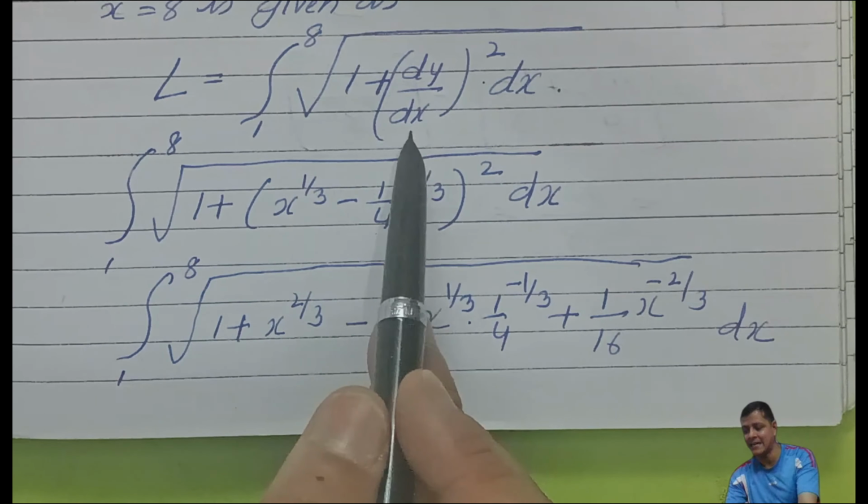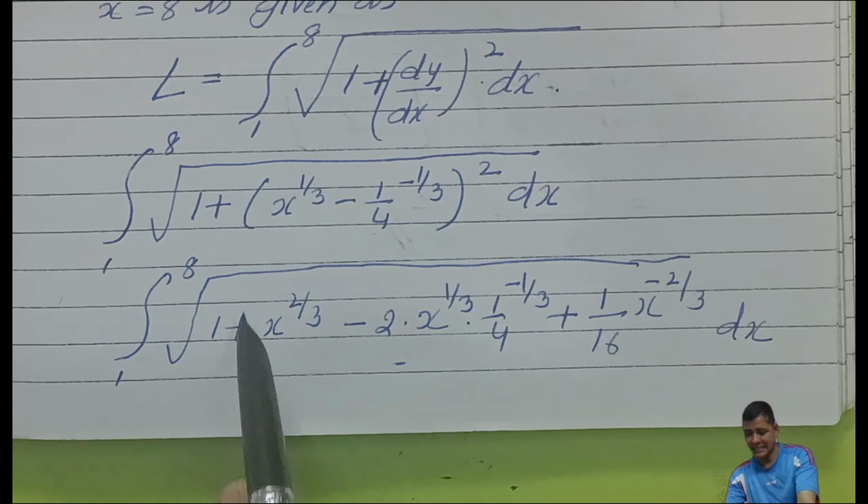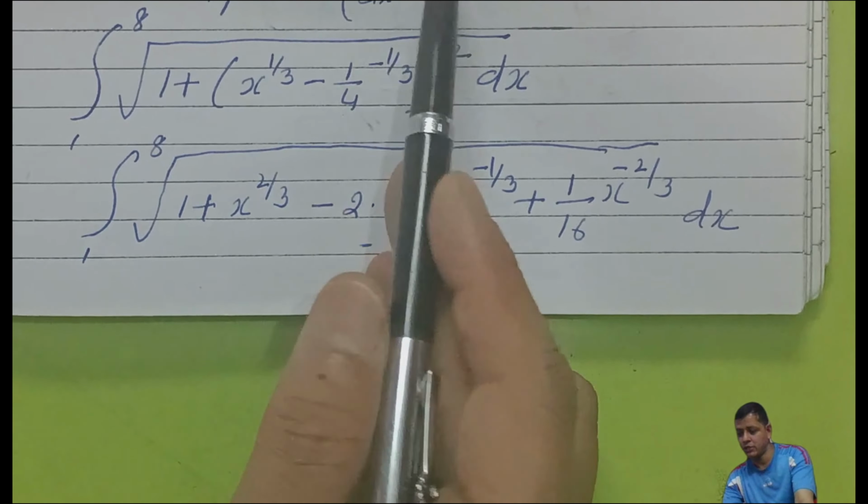So whenever they say smooth curve, then you have to remember this dy by dx, dx by dy, and this is square and 1 plus. Again, this one is always this for integration, whatever is given, and a root. If you remember this, then obviously you will do the problem. So let's see here what you did.